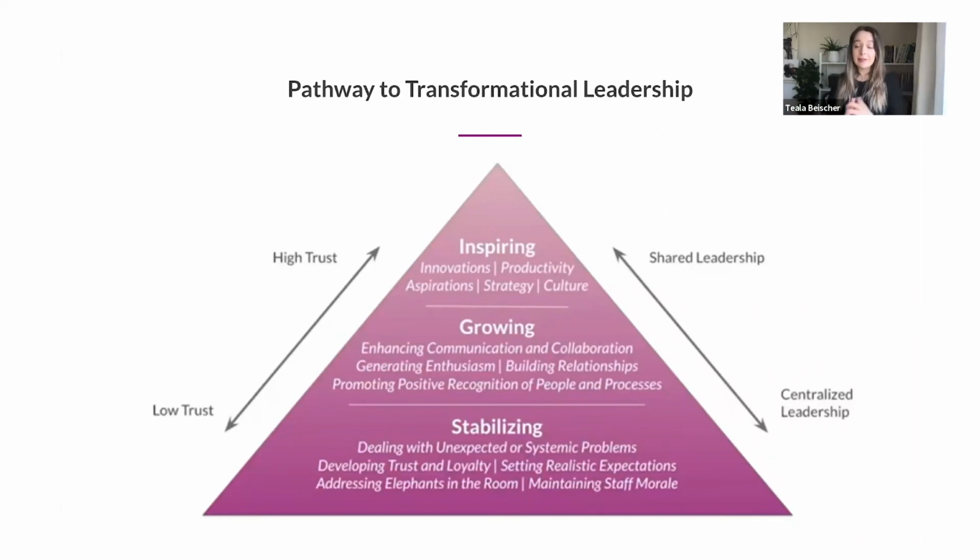The reality is that it really depends on your organizational context. Perhaps you do need to spend more time stabilizing the conversation, or maybe you hop in and your participants are ready to start with an inspiring conversation. I wanted to share this with you as an opportunity for you to really consider leadership context and organizational environmental context to inform that series.